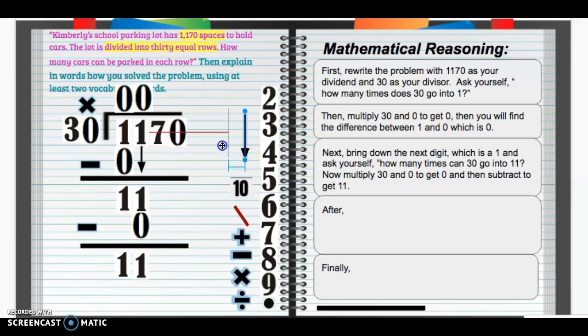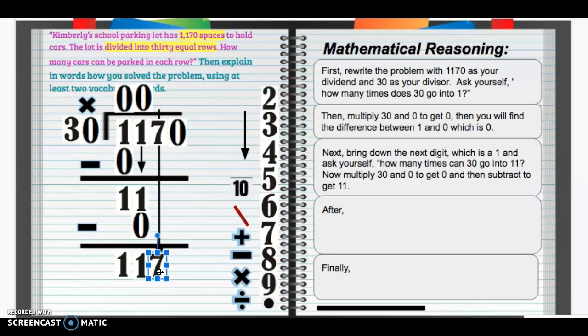And then you have to bring down the 7. So I bring down my 7. So I have to ask myself, how many times can 30 go into